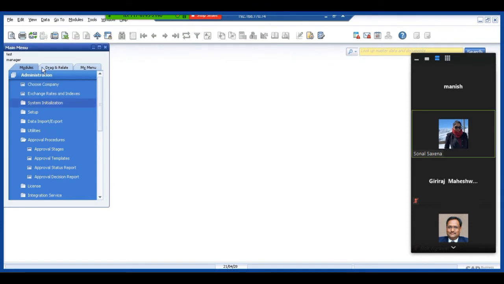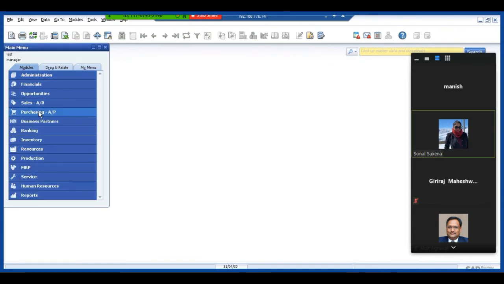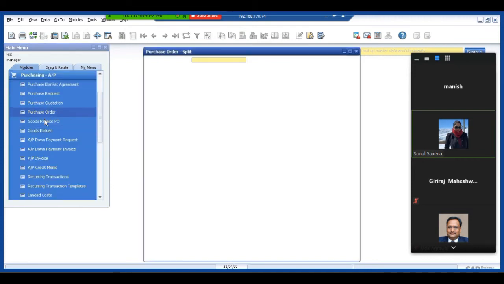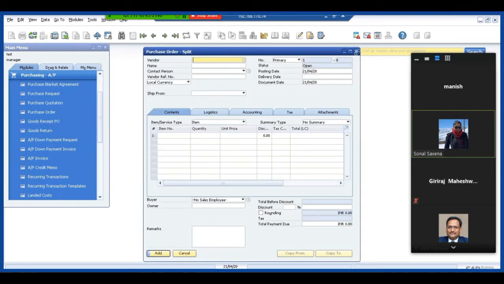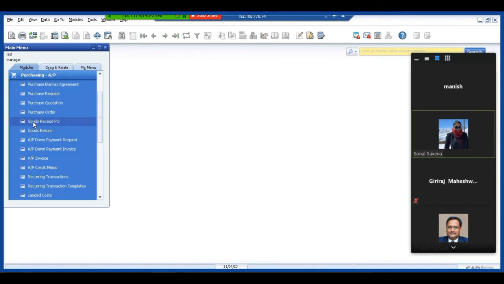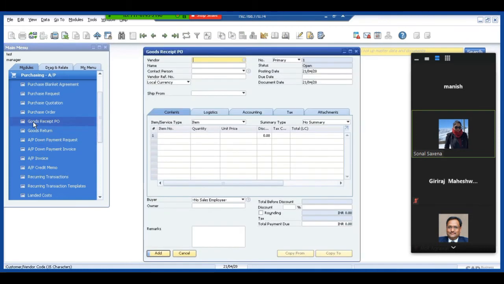Okay. So I'll quickly make up a GRPO. Now the standard SAP budget is applicable only on the accounting documents. Wherever the accounts are getting affected, only there the budget would get affected. It would not get affected on the purchase order or the sales order or the purchase quotations.